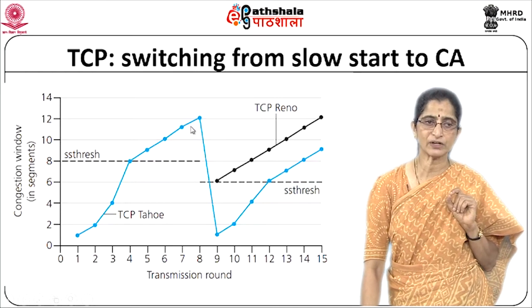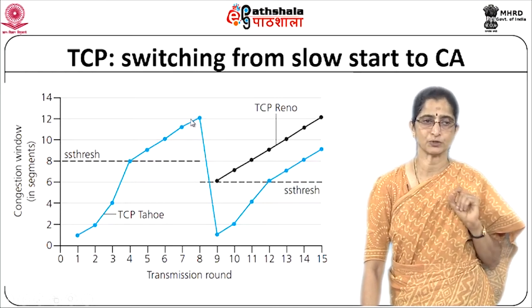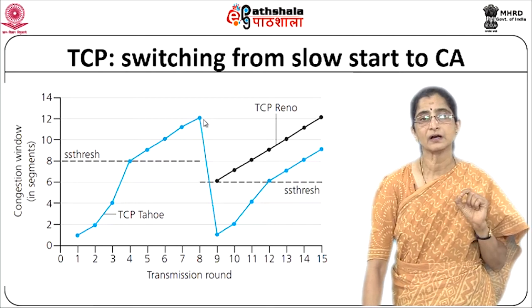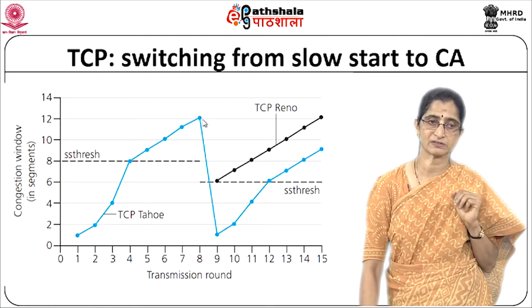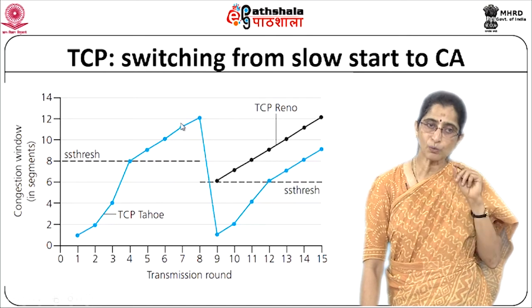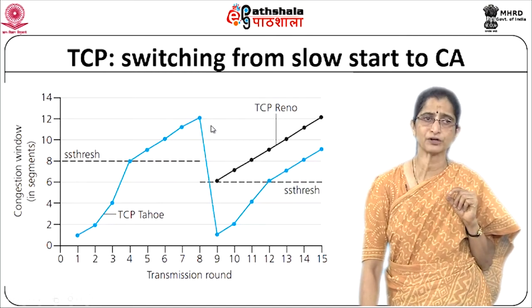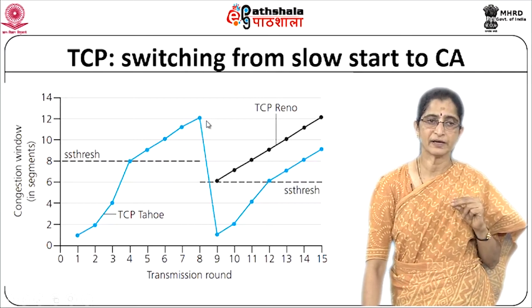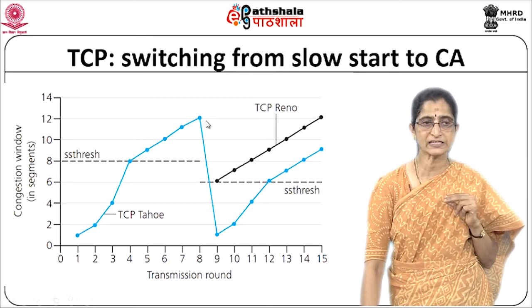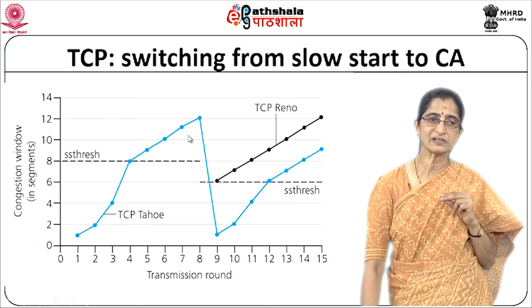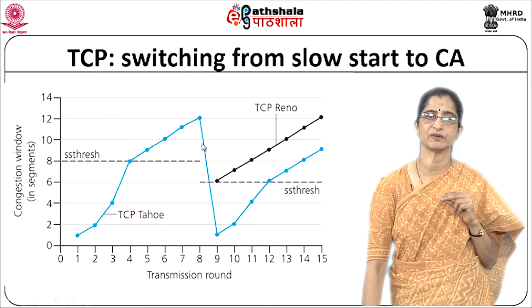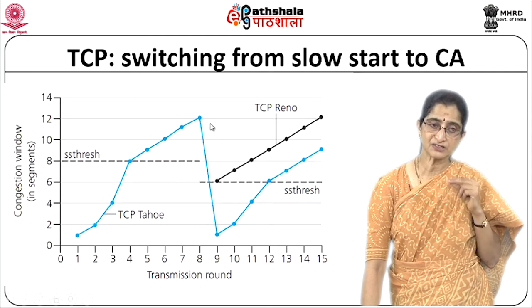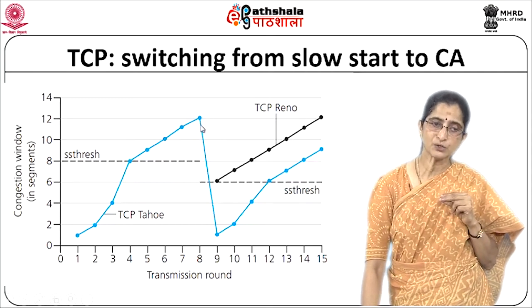So let's assume that when you are at 12, a timeout occurs, or not a timeout, we look at it in terms of, let's say there are 3 duplicate ACKs which are received, there is a packet which is lost at 12. So now what will happen at this point of time, if you receive those 3 duplicate ACKs, there is a difference in how TCP Reno will behave and how TCP Tahoe will behave. What will TCP Tahoe do? Tahoe, remember, will set the threshold to half of this congestion window, which is 6, and it will send the congestion window back to 1 and do a slow start from here.